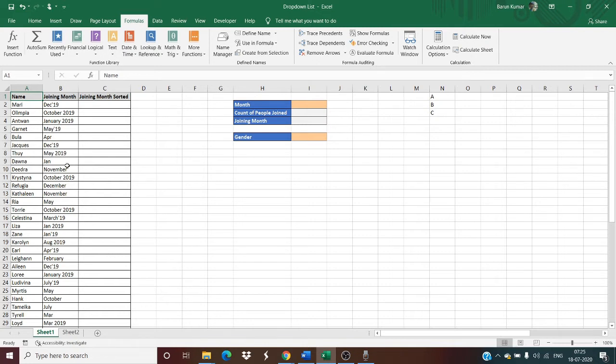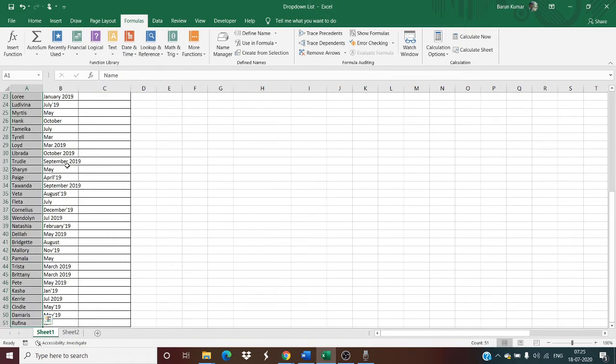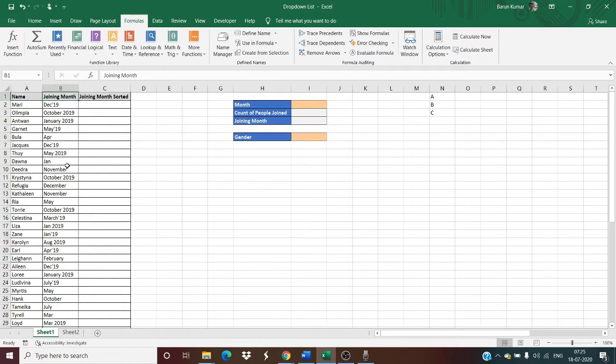For example, suppose I have given these names and shared this data to them to update their month of joining the organization. When I gave it to them in free form, they updated the data in this way. So the data is not consistent. You can see somewhere the complete month's name is written, somewhere half the month's name is written, somewhere the year is written, and so on. So to avoid this kind of inconsistency,